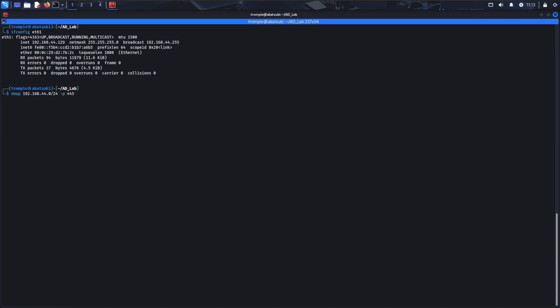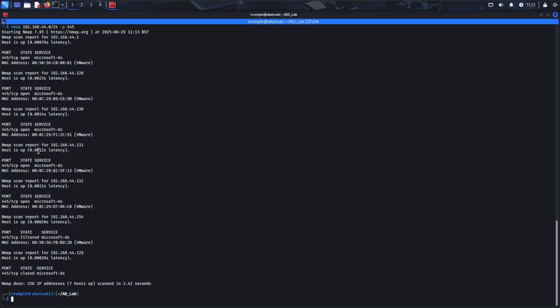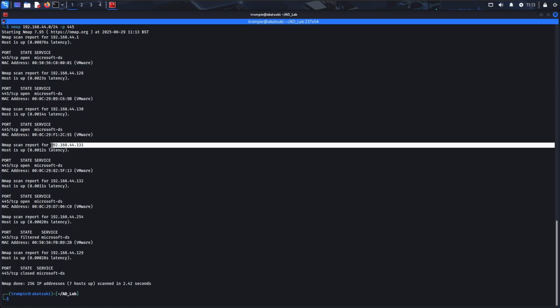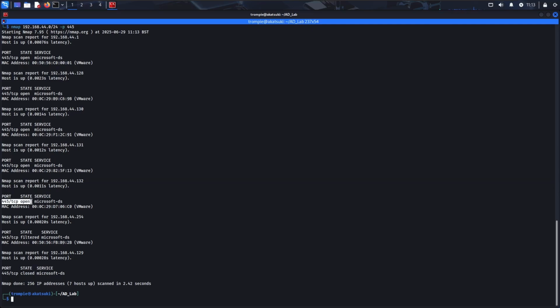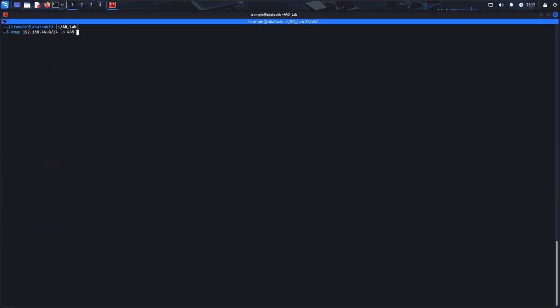I'm not going to pretend like I've not done this lab before. Obviously I have. So if we scan the entire internal subnet, we see some IPs that have port 445 open. If we want to put that into a file, we can grep for